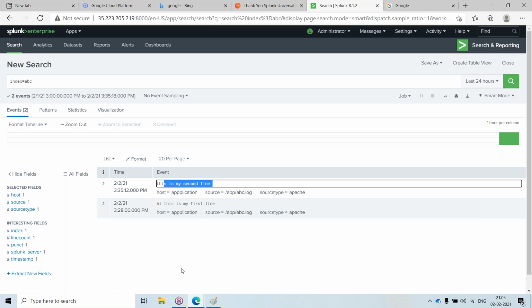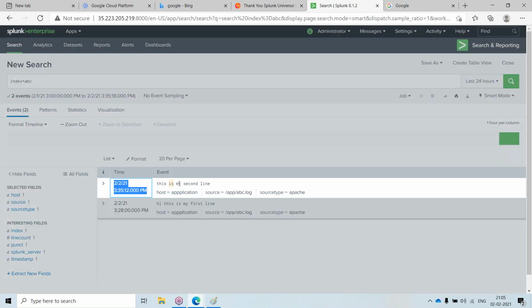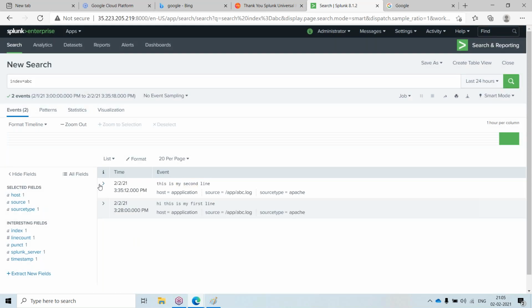So whatever data Splunk sends, here if you see, it is associating a timestamp to it. This timestamp is not present in my text file, correct? So whenever Splunk sends data, it adds the timestamp to it, and this is called the metadata.